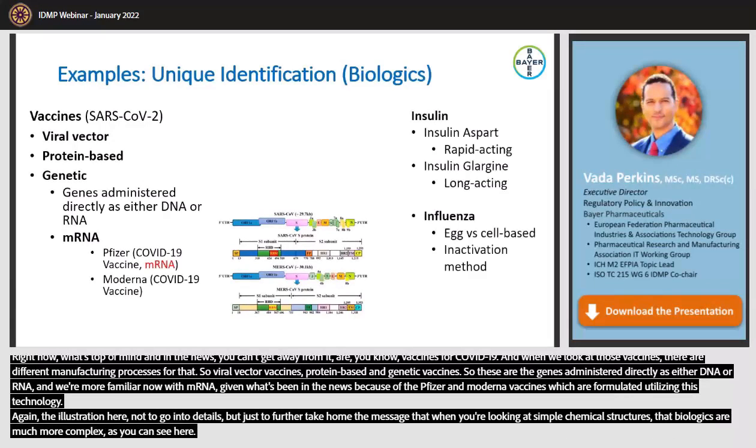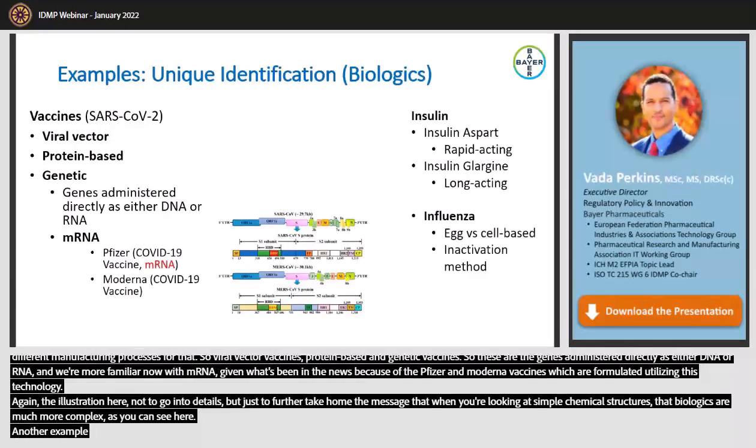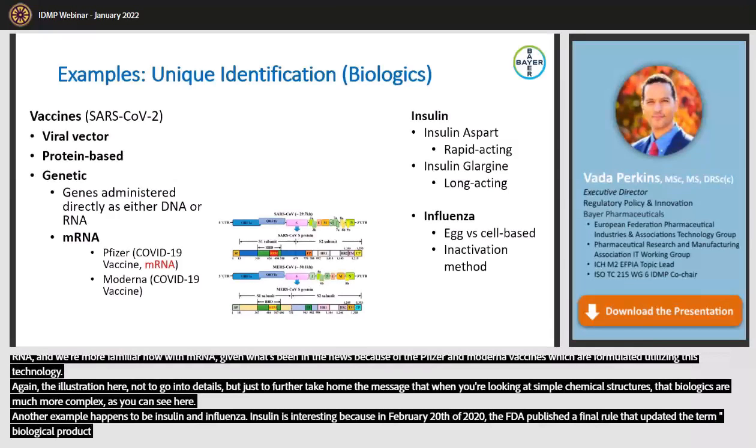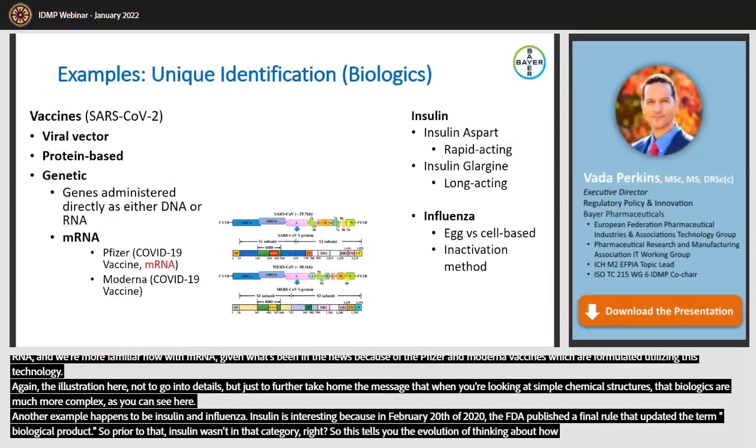Another example happens to be insulin and influenza. Insulin's interesting because on February 20th of 2020, the FDA published the final rule that updated the term biological product. Prior to that, insulin wasn't in that category. So this tells you the evolution of thinking about how we need to get into more scientific identification of